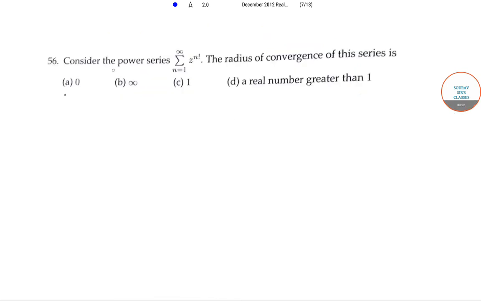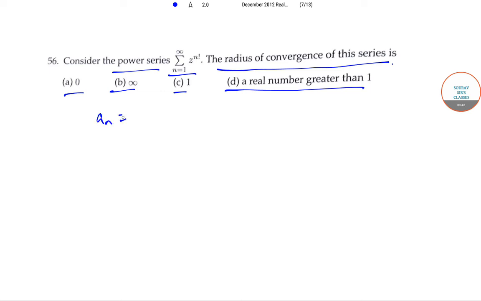The next question is, consider the power series summation n = 1 to infinity of z to the power n factorial. Then the radius of convergence of the series is: option A, 0; option B, infinity; option C, 1; and option D, a real number greater than 1. Now we use the ratio test here, where a_n is equal to z to the power n factorial. Now 1/R is equal to